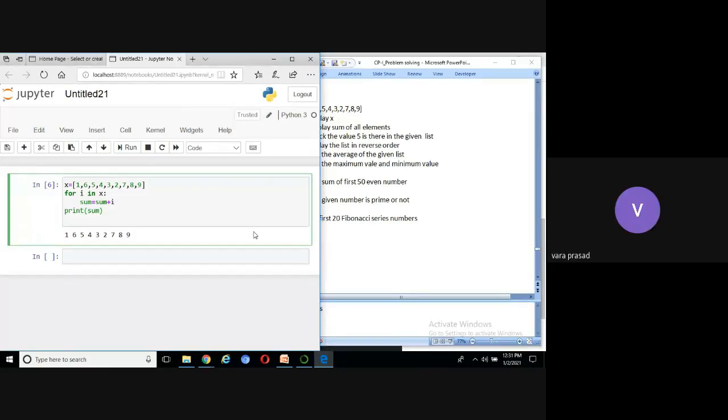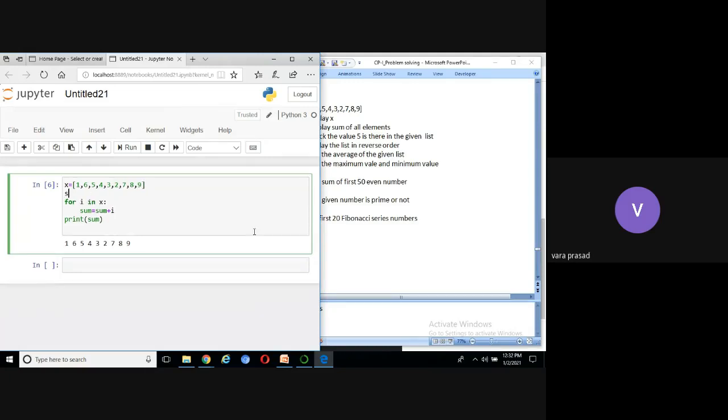Yes, sir. Okay, right. See, one student is saying we need to declare sum before for loop. So before for loop, we need to write sum equal to 0. Then only it will run properly. Otherwise, it will display syntax error.